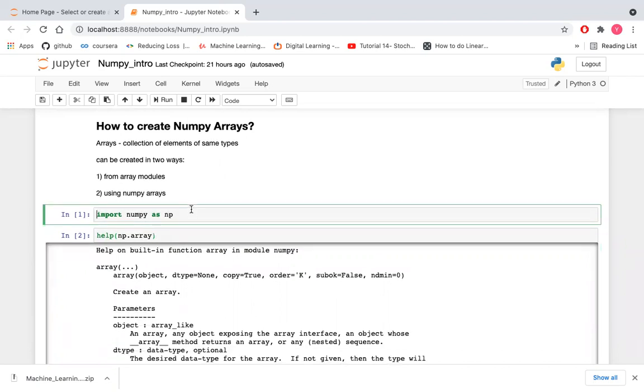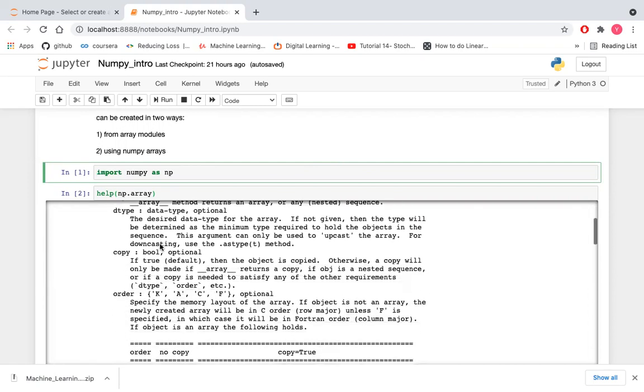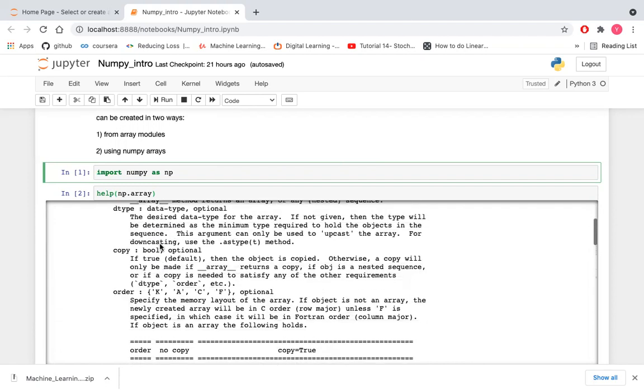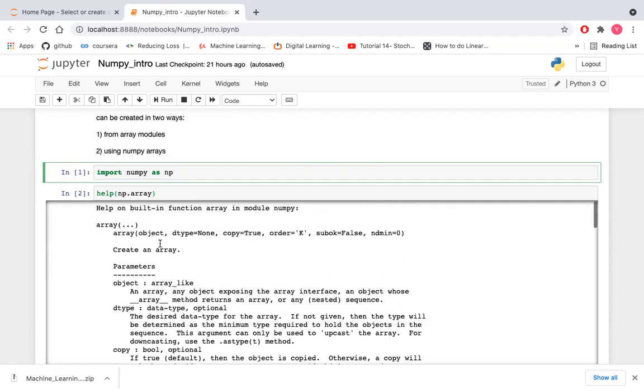First of all, we have to import the NumPy library as np. np is the alias; we can use anything, but np is generally used to import the NumPy library. Here we are taking np.array and using the help function so that we can check what we are getting returned and what we have to take as input in the array function, so that there won't be any confusion.